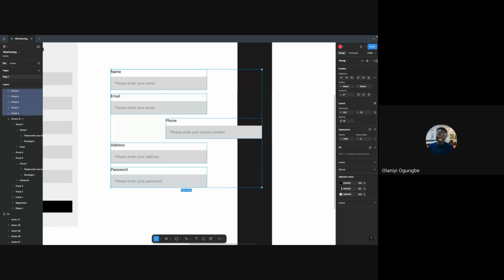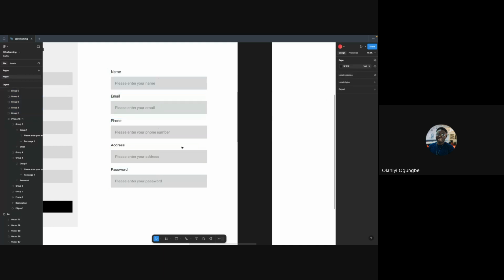So if I tidy this up, see, it's not even bringing out tidy up. Do you know why? Because you have different types of alignments there. First things first, you need to make sure they're all either center aligned, left aligned, or right aligned. Then you can tidy it up. But currently, I think it's tidied up.